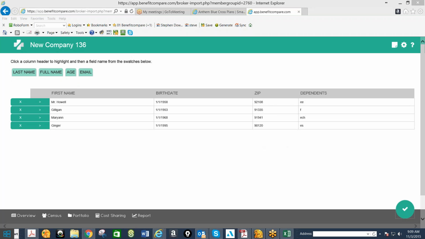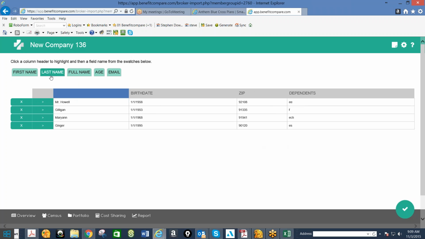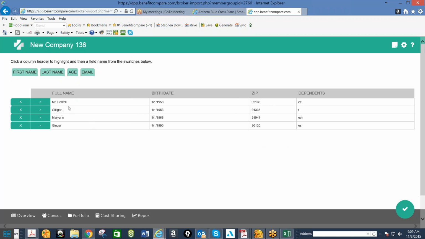So if that were the full name, you'd click on that and say, oh, that's the full name, and then it would say, okay, I got it, that's what I want to do. If you want to delete something, you can by using that. If you want to make that a dependent, you can. So that's when you're working with Health Connect and you export your census and then you import it in here,